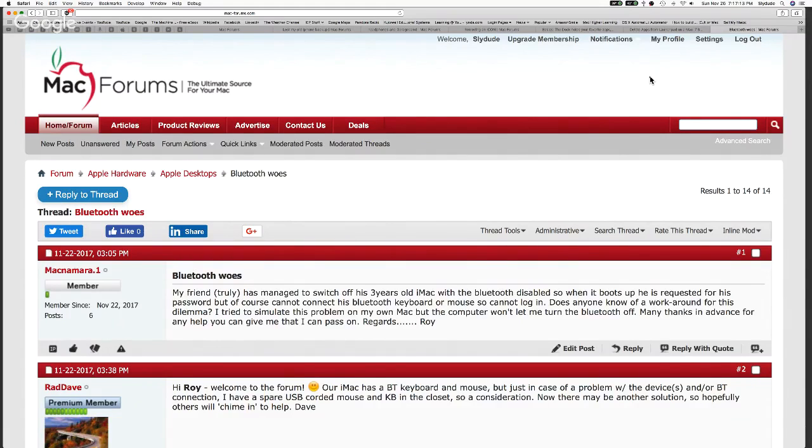The other time that can be a big deal is when, if for some reason Bluetooth is not working right or has been turned off on your system. Now, my 2015 iMac, rather, has a Bluetooth keyboard. If Bluetooth software suddenly goes haywire, I can't control the system very easily.